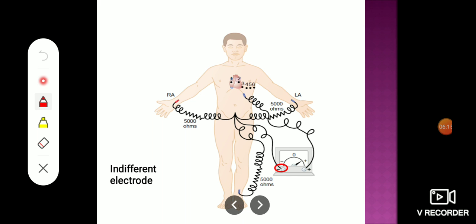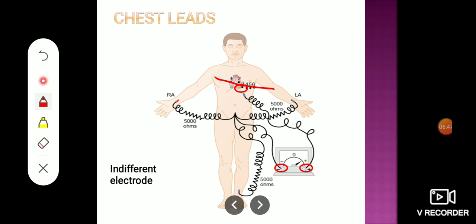Now the active electrode is placed on the chest. As the active electrode is covering the chest, these are called the chest leads. As we know, the heart is located behind the sternum, and if you remember, 2/3 is on the left side and 1/3 is on the right side, mostly behind the sternum, and on the left side mostly behind the ribs. So the position of these leads horizontally is in the 4th and 5th intercostal space,